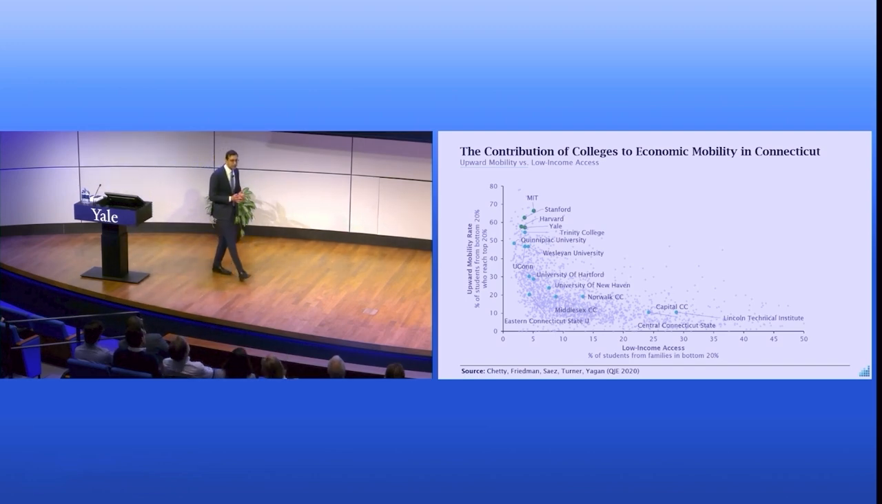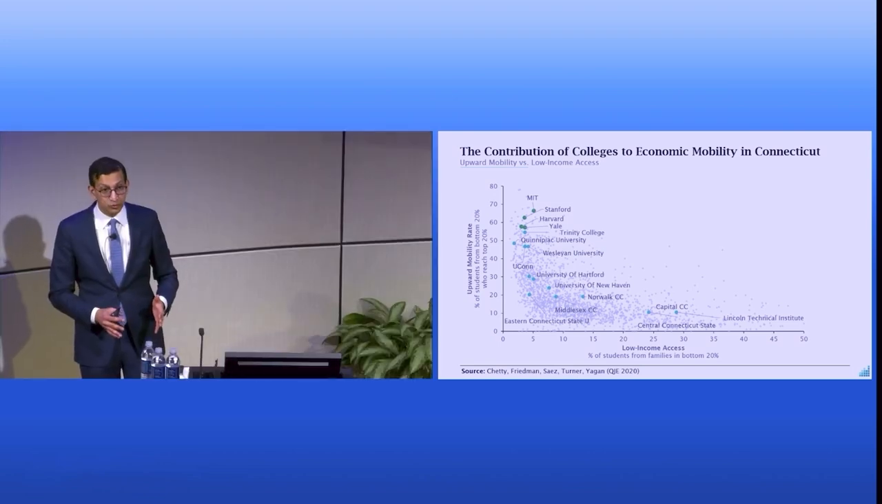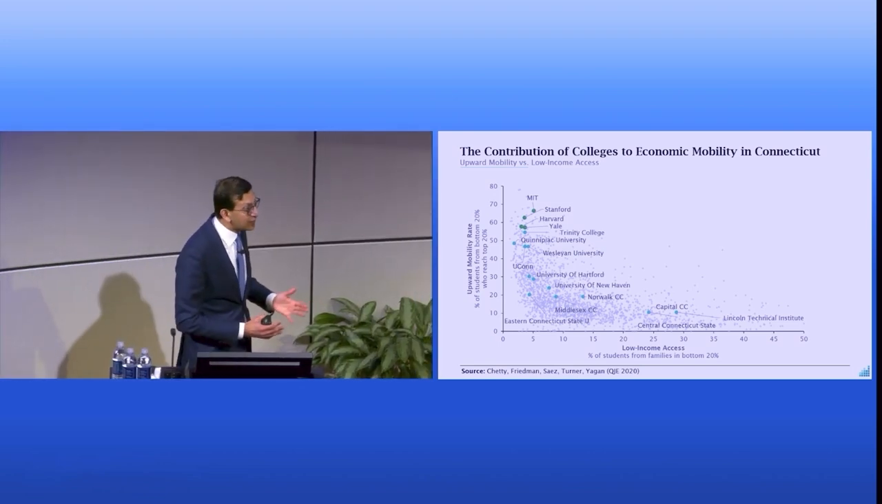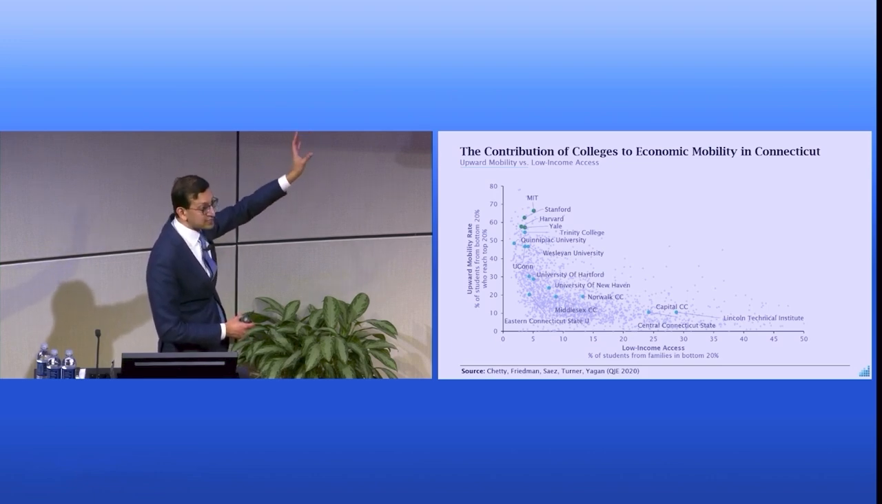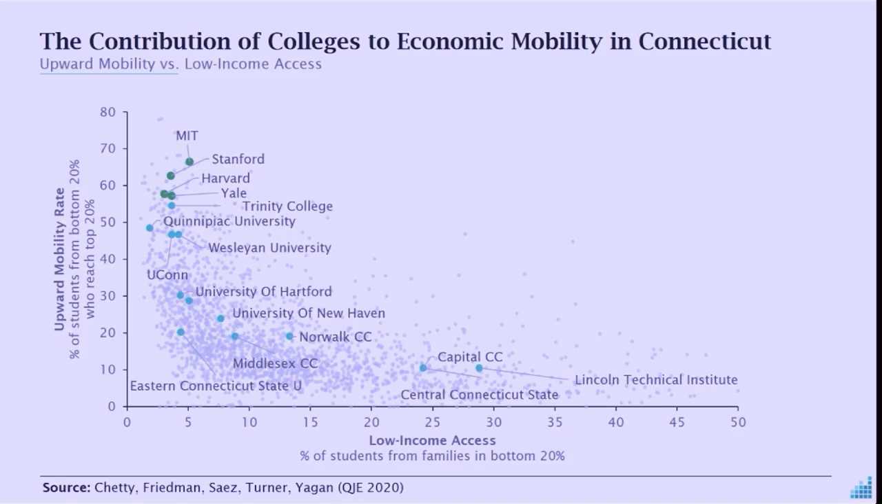But what matters for a college's contribution to economic mobility is not merely how it affects children's outcomes, but how many low-income children you have on campus to begin with. And that's what's shown on the horizontal axis, what we're calling low-income access, the share of students who come from families in the bottom 20% of the income distribution. And on that dimension, you can see that very few kids at these institutions actually come from the low end of the income distribution. And thus their contribution to economic mobility cannot be a whole lot mechanically as a result